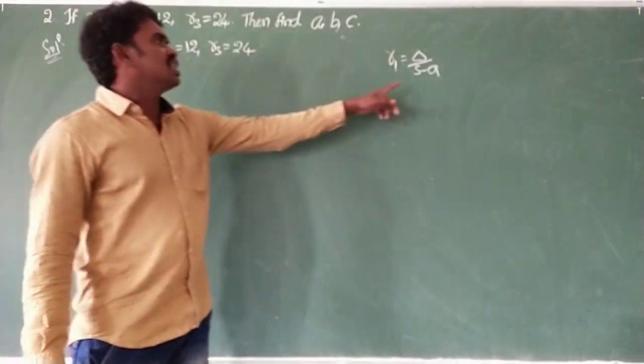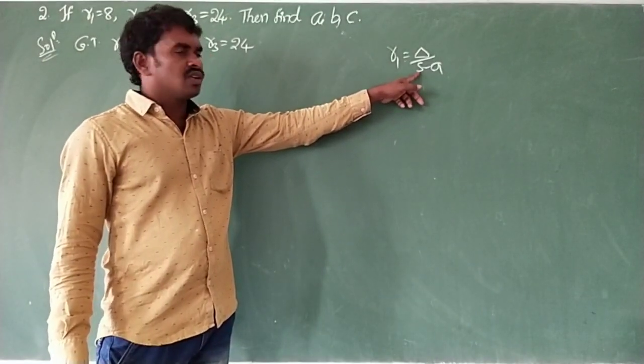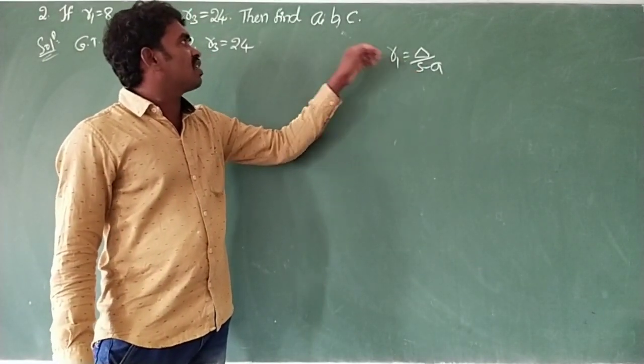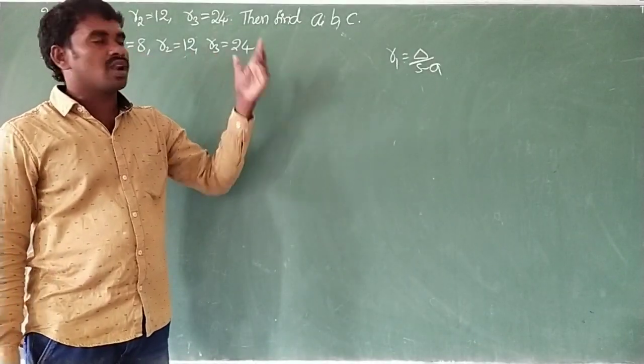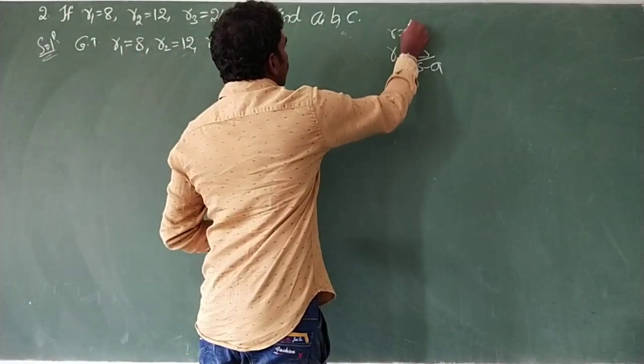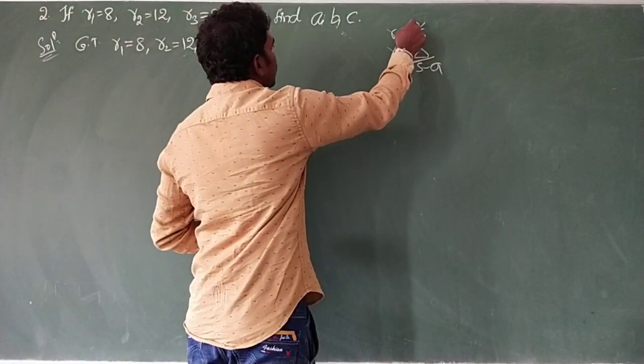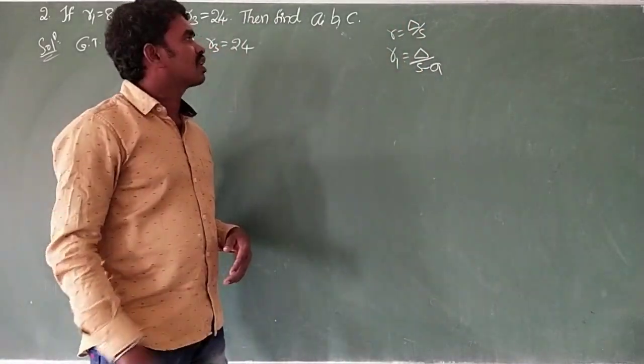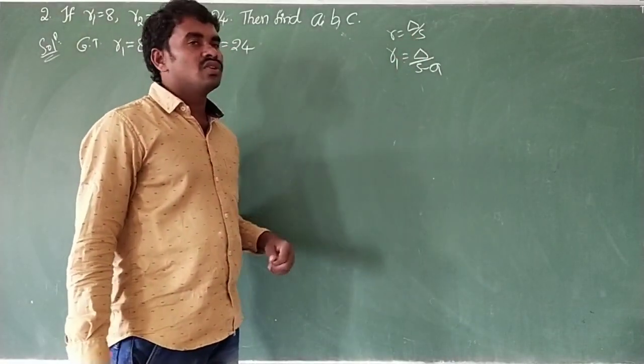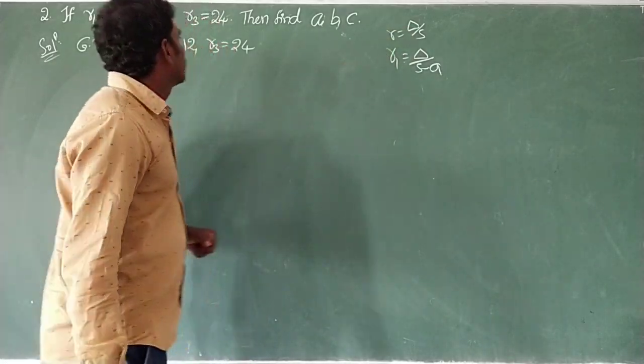So here, if you want to find the a value, you should know what is r1, what is s, what is delta. r1 is there. Can we find s? No. To find the s value, we should find the small r value. By using the small r value, we can find s from the delta by s formula. And what is delta? What is r? See, if you know r1, r2, r3, we can find the r value by using 1 by r equal to 1 by r1 plus 1 by r2 plus 1 by r3.